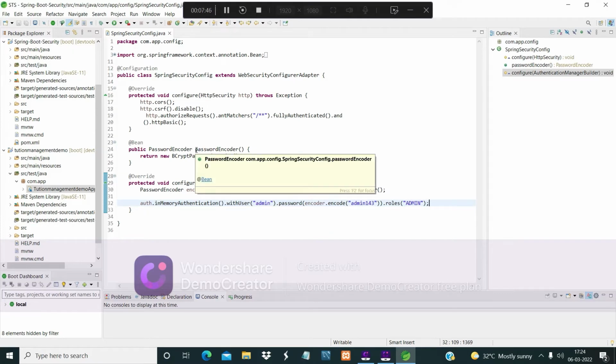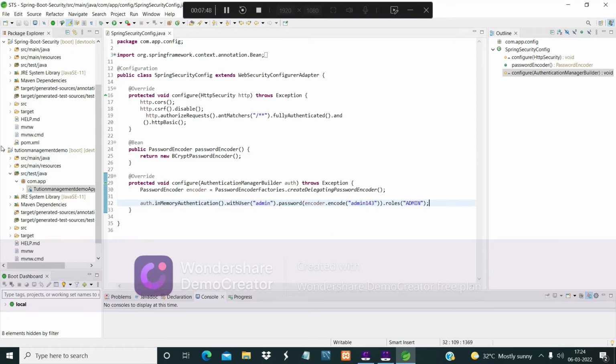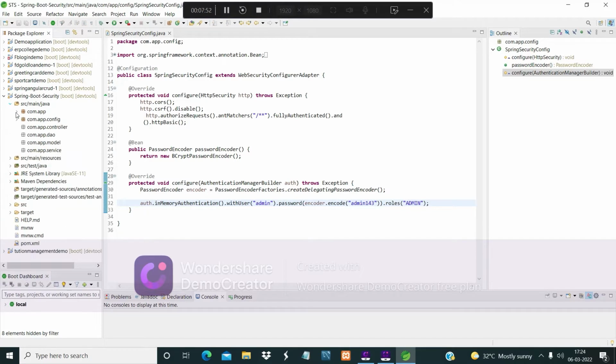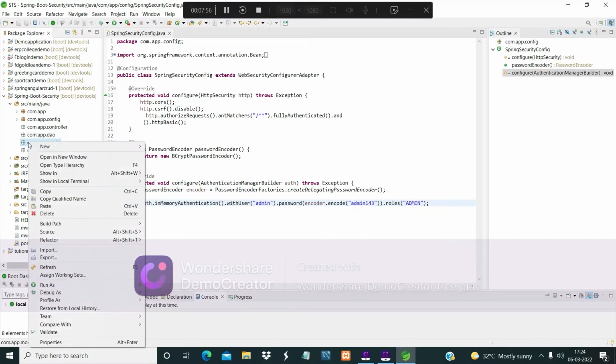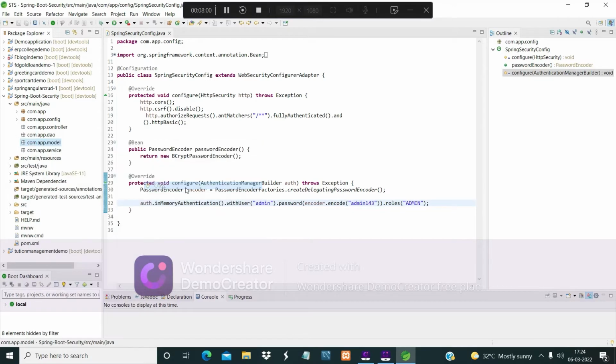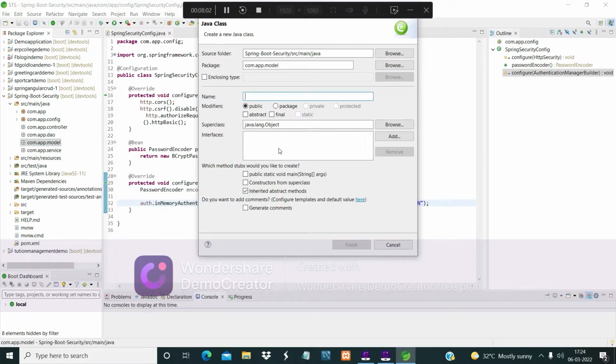After creating the security, first we will create a model class. Right click on the model package, then select class. We name it User.